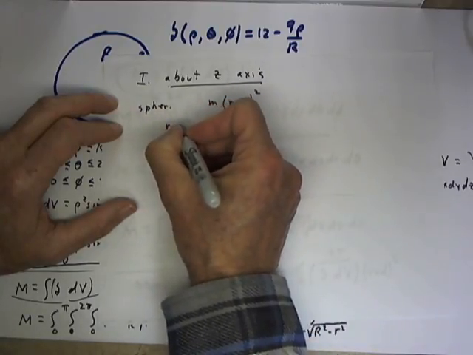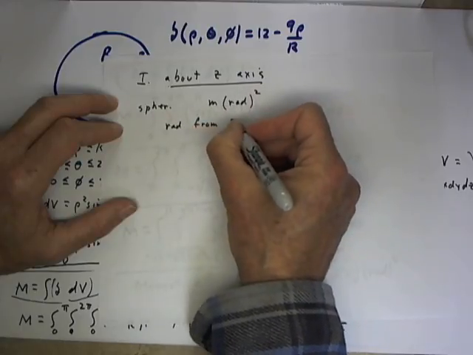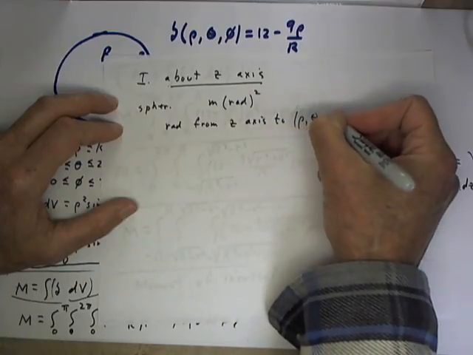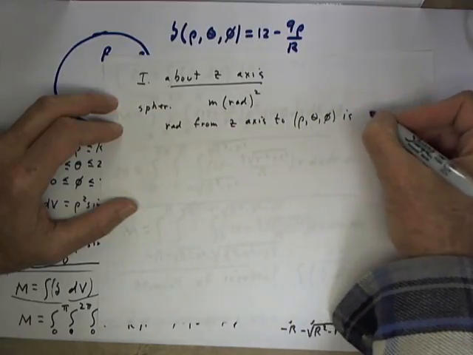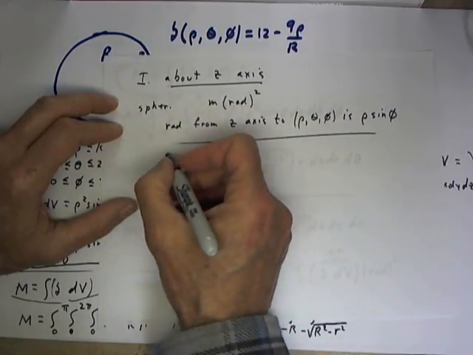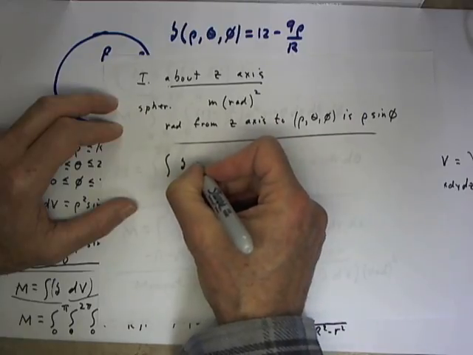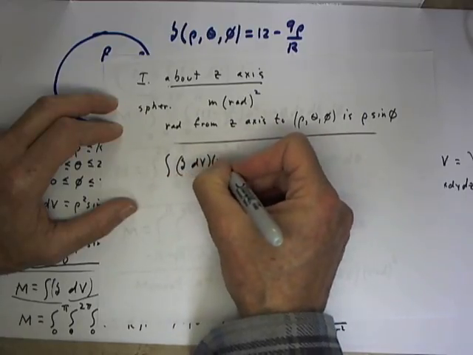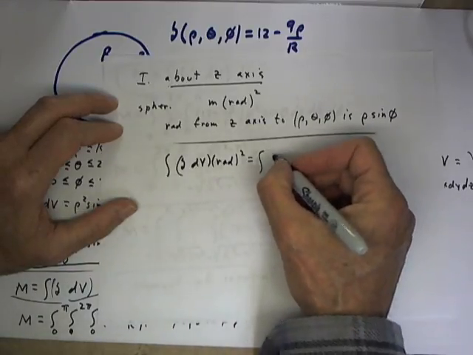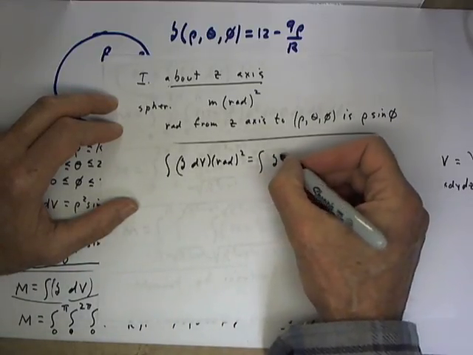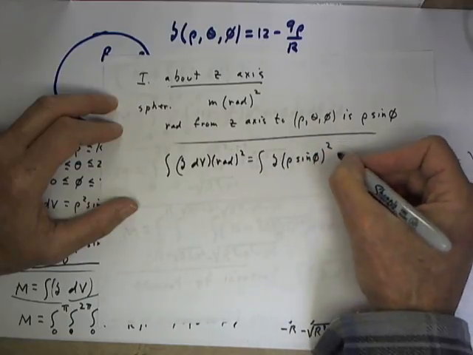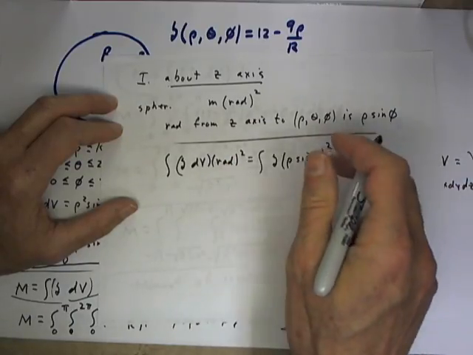The distance from the z-axis to the point rho theta phi is rho sine phi, so that our integral of delta dv times this radius squared becomes our integral of delta times quantity rho sine phi squared with respect to v, and then we expand this out into a triple integral and write out our volume increment,